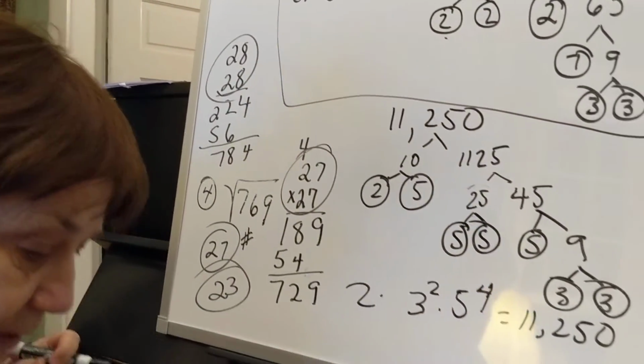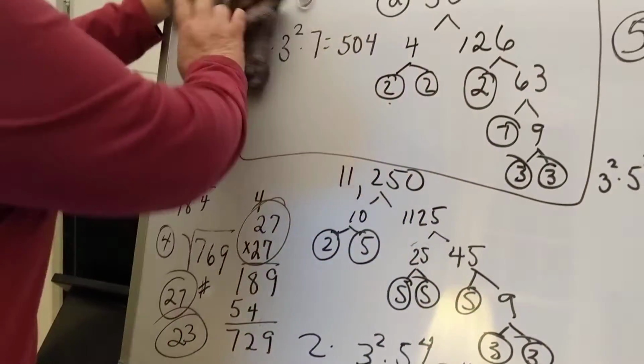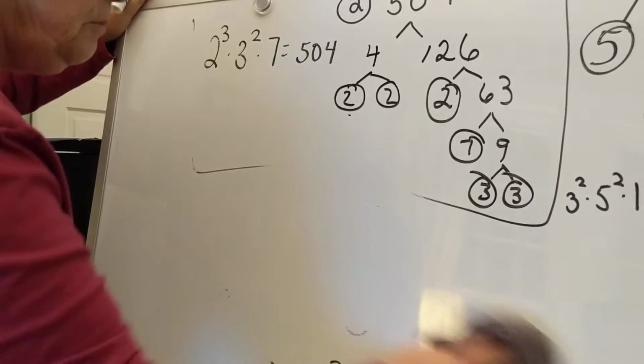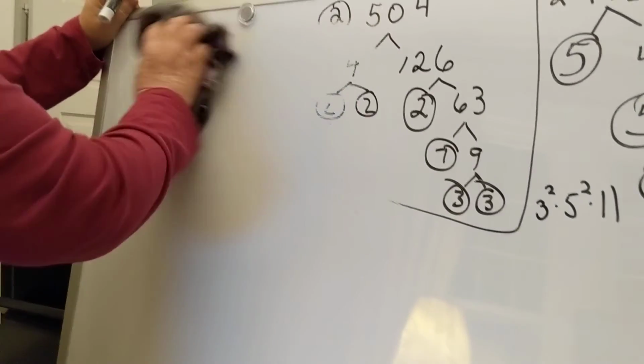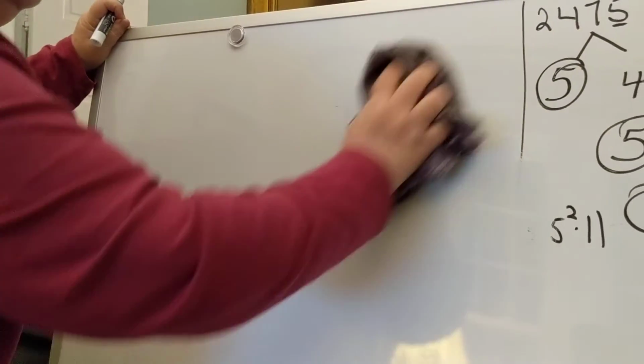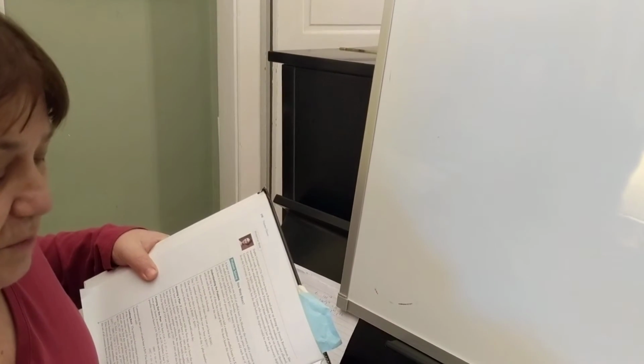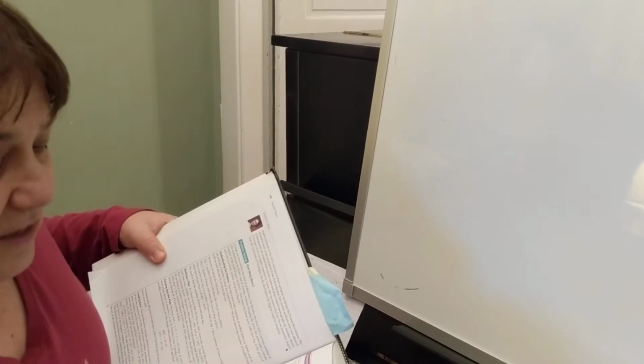It was a word problem, and I believe it was number 15 on this same page. Again, let's do a little bit of erasing. All right, and in this one, I'm going to pick the book up so I can read it. Number 15, Miss Cotton wants to put her classroom in a rectangular array. For each of the following numbers of desks, find all possible numbers of rows if each row has the same